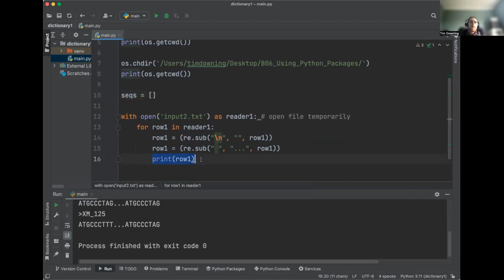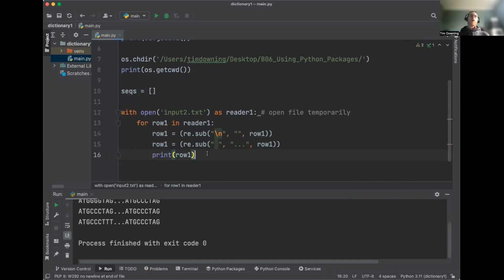I'm going to say if row 1, so what we could do is just have seqs and set that equal to row 1, and let's see if that works. First of all, with the seqs.append command to add in row 1 instead,